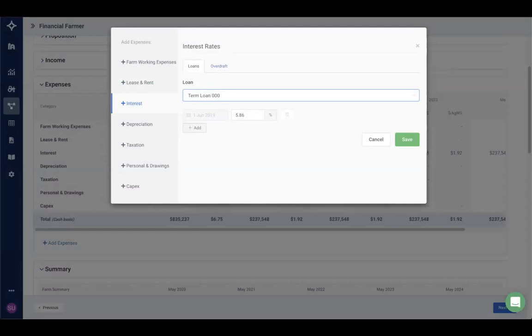So interest allows us to enter variable interest rates against loans that we already have existing in the scenario. So we see here, we had term loan 021 and term loan 000. They are the two options that are available here. And so we can select those and click on the interest rate and add in a variable interest rate